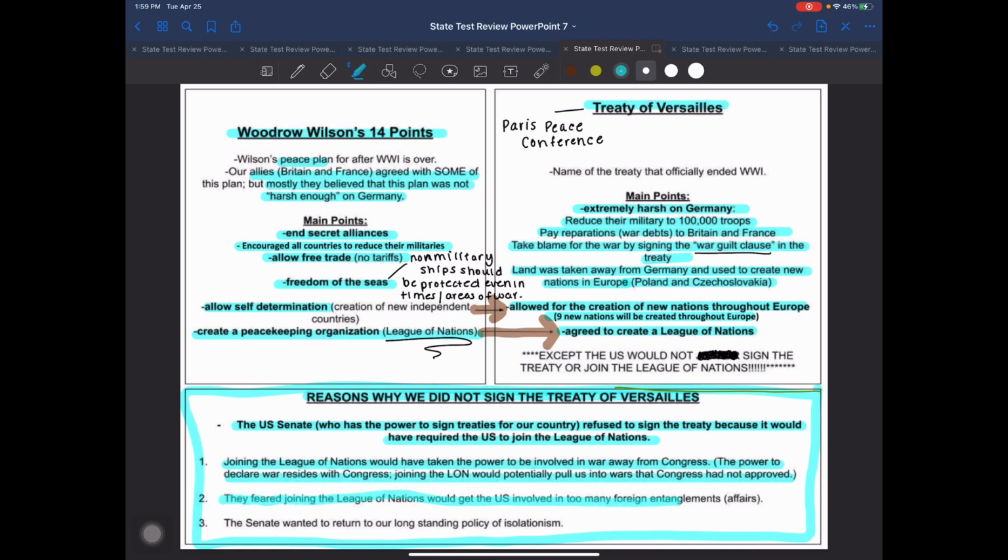Another issue that we had is we want to stay out of all these foreign entanglements, all of these foreign affairs, especially with Europe. Remember, we have followed a policy of isolationism, and we are going to return to that, because Europe has a lot of issues. The likelihood, if we joined the League of Nations, of being pulled into a major conflict in Europe was actually rather high. So, the Senate's going to say we're not going to sign this treaty because it will require us to join the League of Nations, and we're not going to become a member because we don't want to be involved in every single conflict that these European countries have. We are going to return to isolationism.